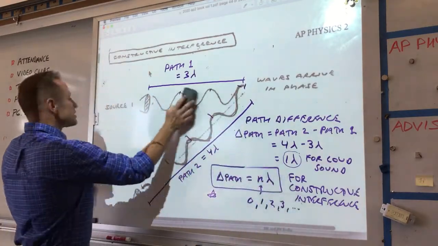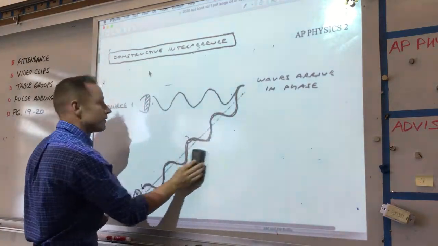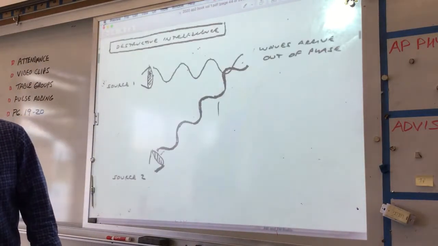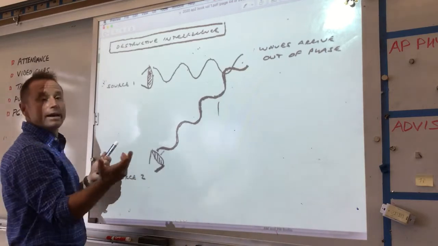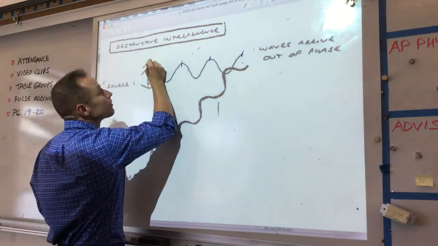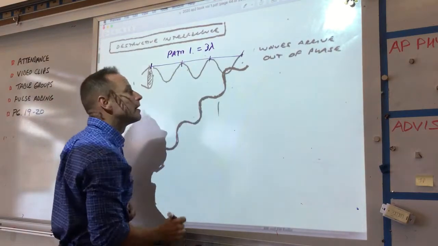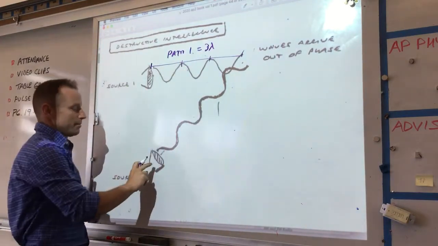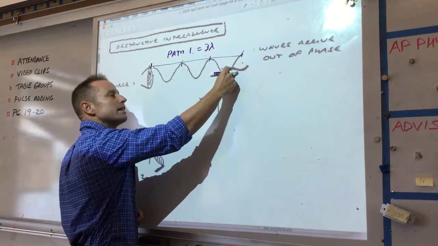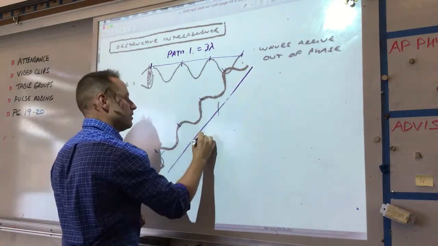All right. So let's quickly look at the other case, where you actually have destructive interference, where you can ensure that the waves are going to perfectly cancel each other. If you look at the picture below, we're going to play the exact same game. This top path is 1, 2, 3 lambda again. So path 1 equals 3 lambda, okay? Now this bottom path, let's count. You start at 0 and then you go 1, 2, 3, and then you can see that we do a half cycle, okay? So path 2 is going to be